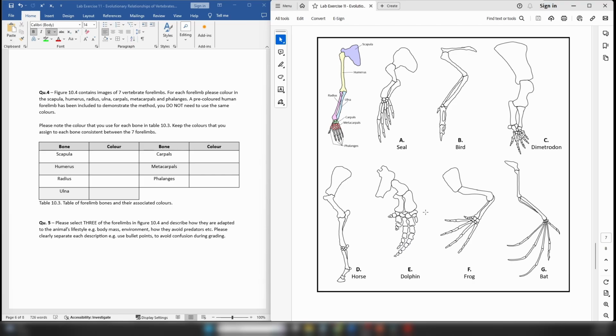Now there are going to be differences based on the organisms themselves. So the very obvious one is of course D here, which is the forelimb of a horse. So straight away you will notice that it only has 1 digit. So it only has 1 set of phalanges. So obviously that's a very significant difference when you compare it to something like the seal, where there's clearly 5